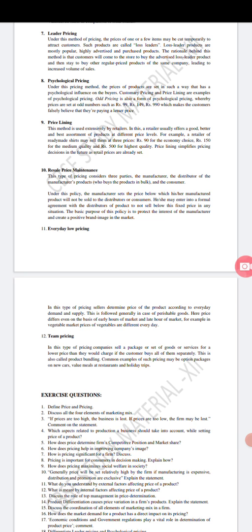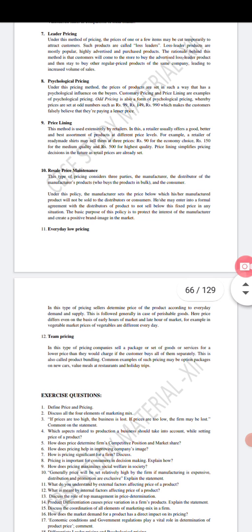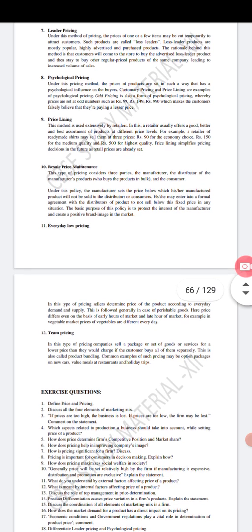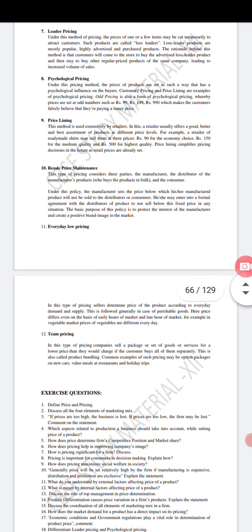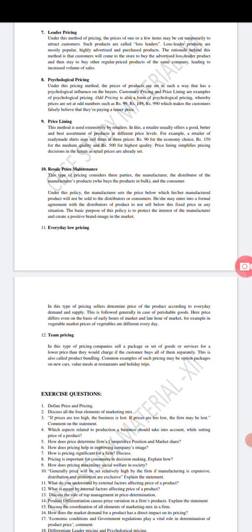This method is used extensively by retailers. Extensively means mostly popular. Retailers usually use this method. In this, a retailer usually offers a good, better and best assortment. Assortment means category of products at different price levels. Means in this method, a retailer or shopkeeper